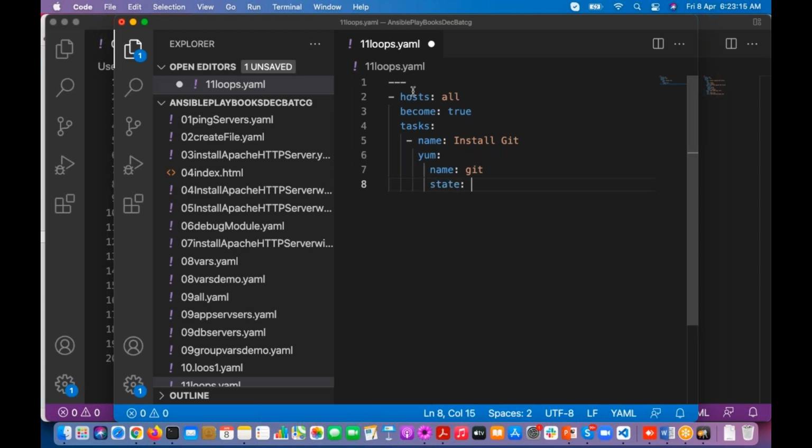State present, right? So like that, I'm going to write one more task to install another software. Okay, so install HTTP server. Here I'm going to do the httpd package. Again, I'm going to